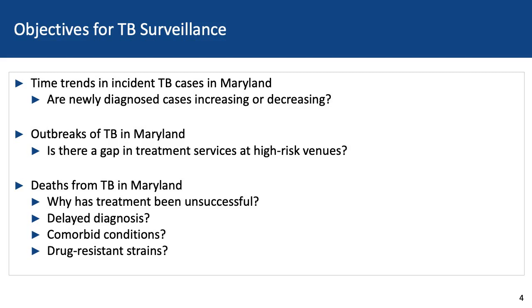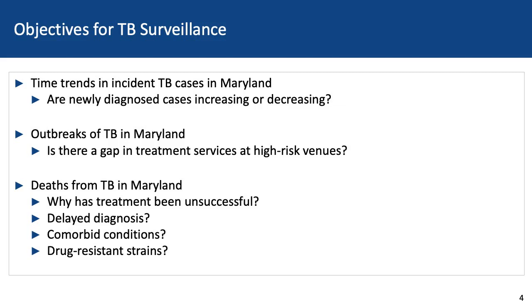A third possible surveillance objective would be to identify deaths from tuberculosis in Maryland. So this wouldn't tell us necessarily about time trends or about outbreaks, but it would be really important for us to understand lapses in treatment. This is a treatment failure. If someone dies from TB, we should be able to find people who are sick and give them treatment. So a death is a signal that something has gone wrong, and we would want to then further investigate why